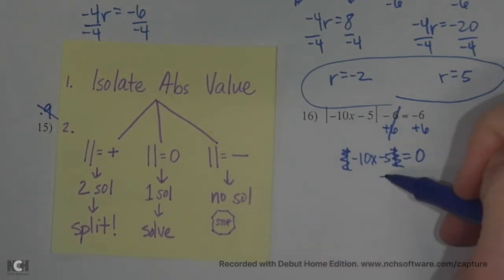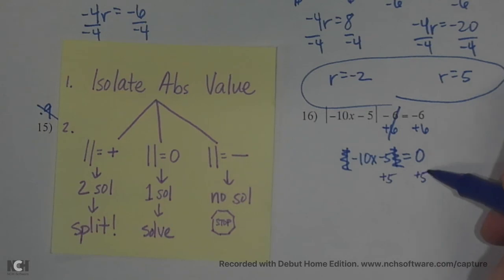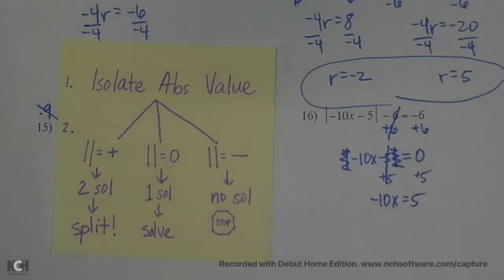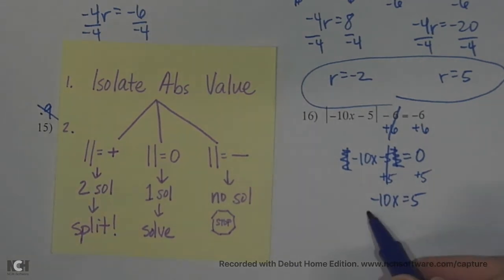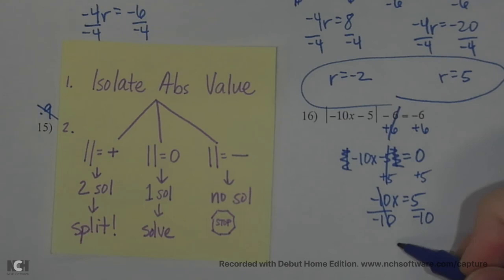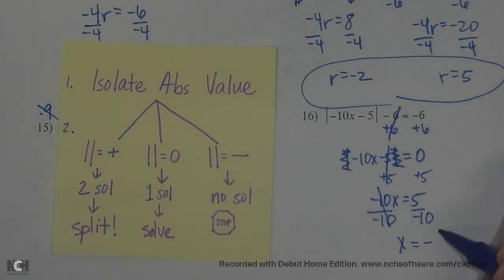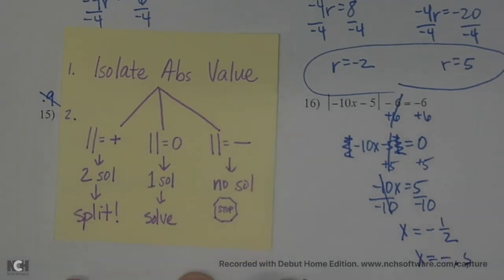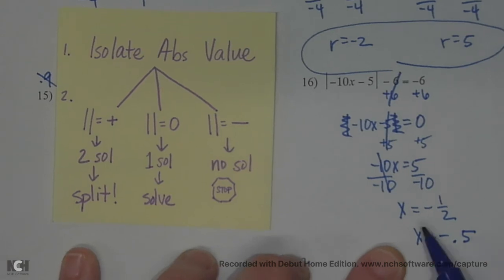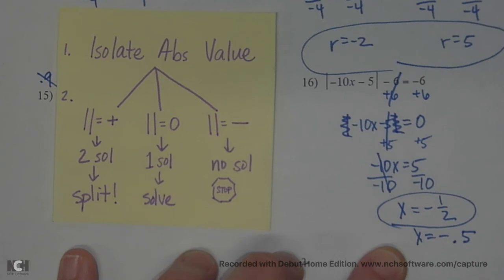So let's get rid of the 5 first by adding 5 to both sides. That goes away. You're left with negative 10x equals 5. And now divide through by that negative 10 on both sides because you got to get rid of that. And you're going to get x equals, looks like negative 1/2. Or if you got negative 0.5, that's perfectly fine as well. Either way, let me move that so you can actually see it. So either one of those answers is correct. I'm just going to go ahead and circle that one. And you are done with your